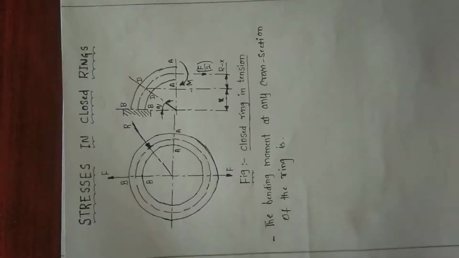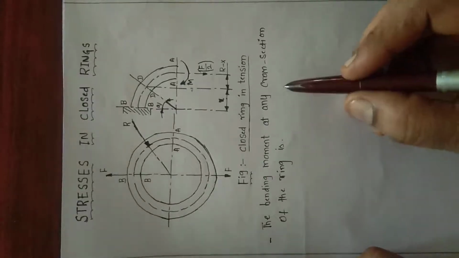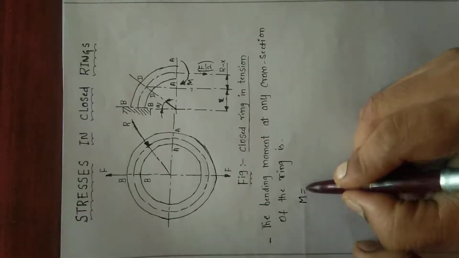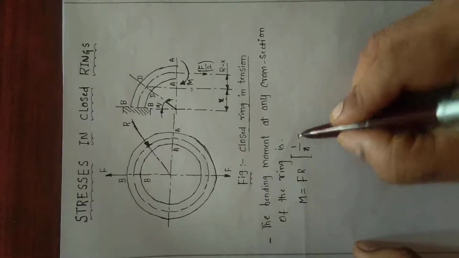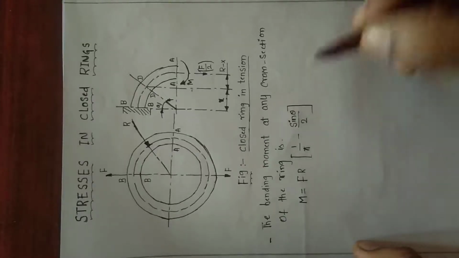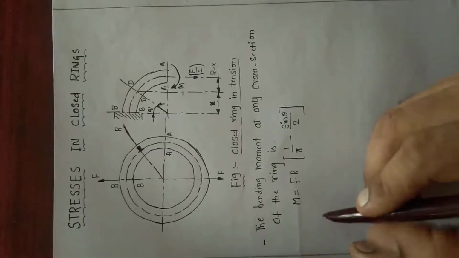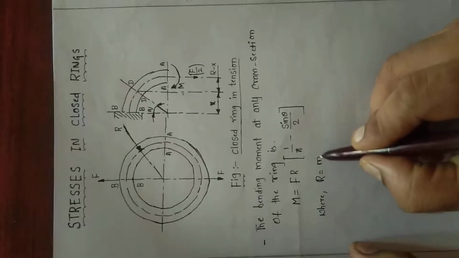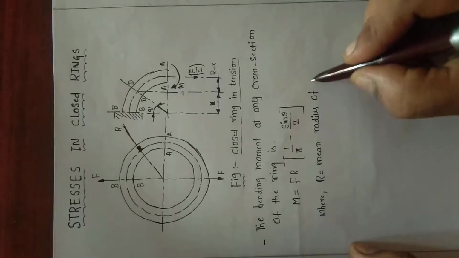Now we shall derive the equations for this closed ring. The bending moment at any cross section of the ring is given by M equals F R times (1 by pi minus sin theta by 2). This is the equation for the bending moment at any cross section of the closed ring. The notations: R is the mean radius of the ring,